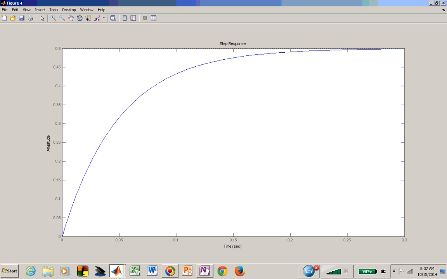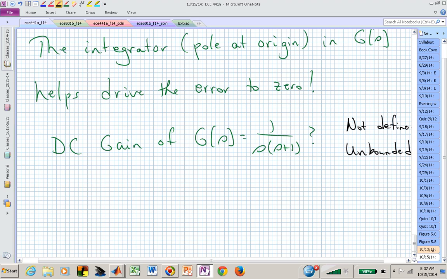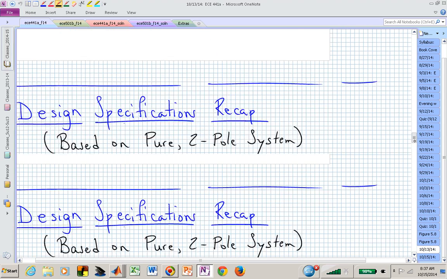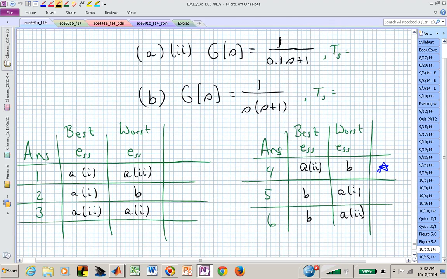The middle one, which had a steady state error of 1/2. And do I dare try to find that from before? Now we're playing with fire here. Here's where we ended up last time, and we were trying to judge the best. Well, we just found out that B was the best, and which one was the worst? A2, right? So this is actually the answer